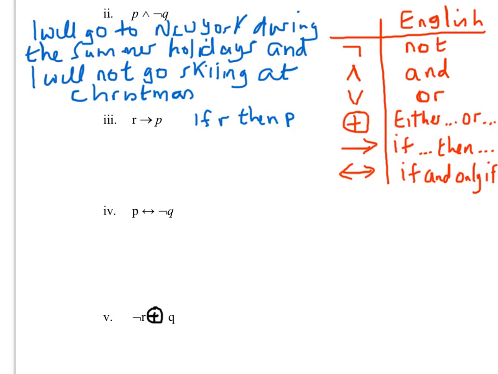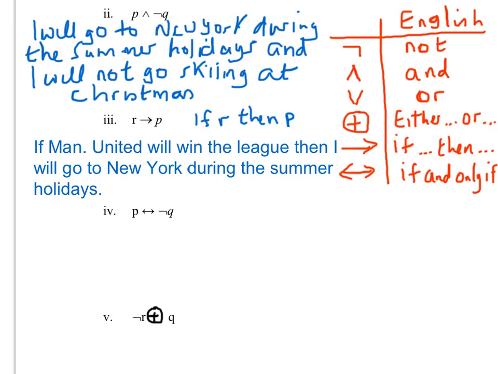And if I was to write out all the English associated with the proposition R and P, I would get the solution being: if Man United will win the league, then I will go to New York during the summer holidays. For part 4, this symbol here stands for the if and only if symbol, along with the not